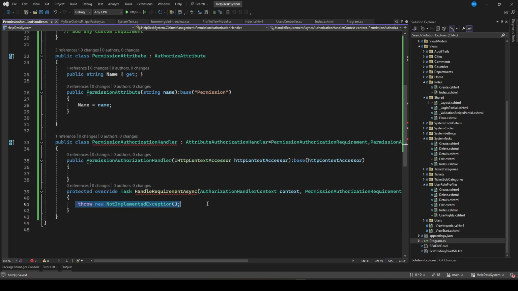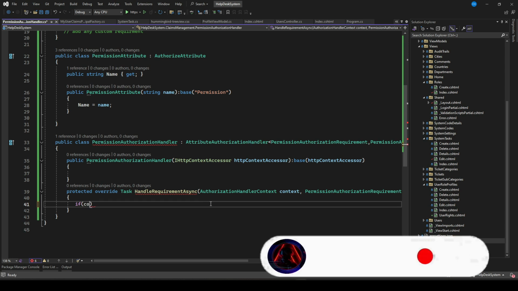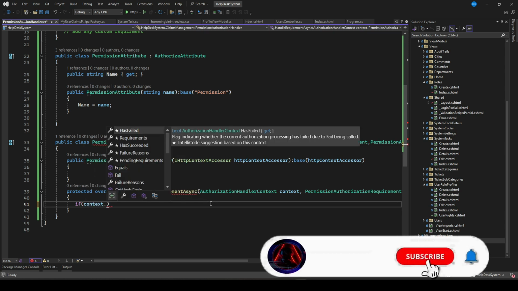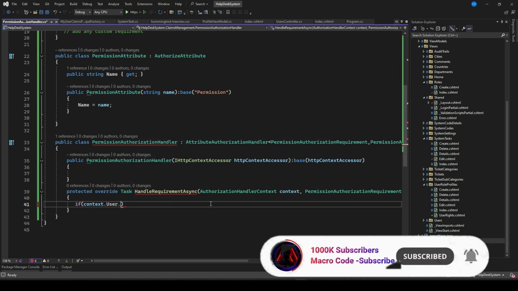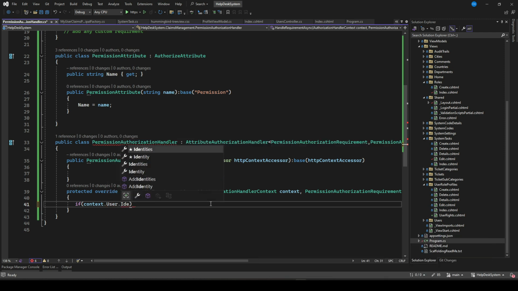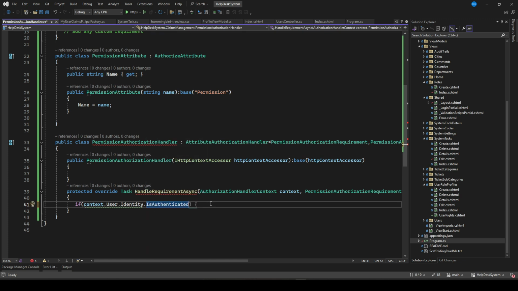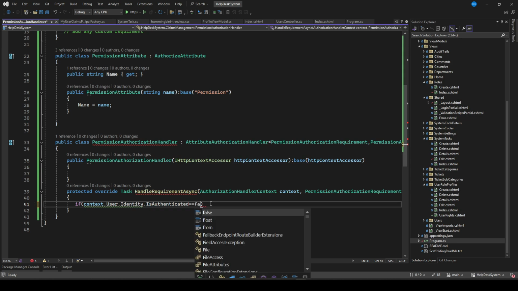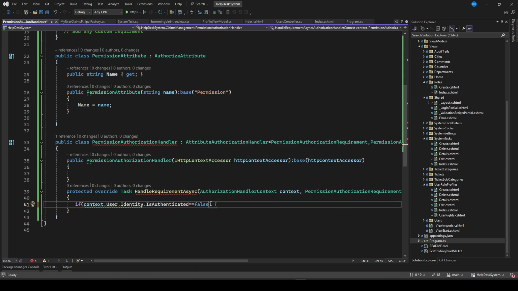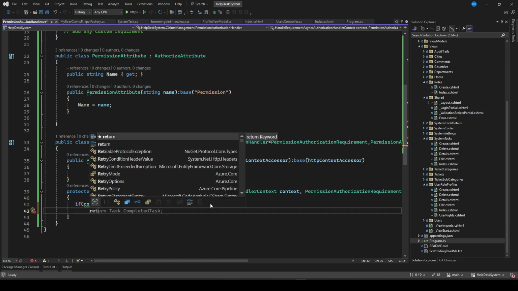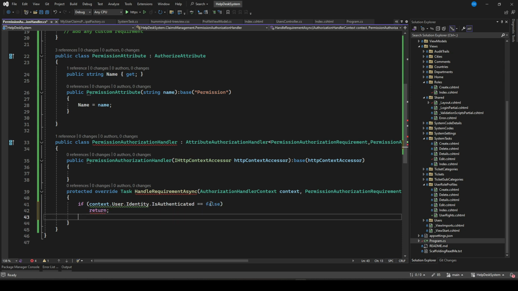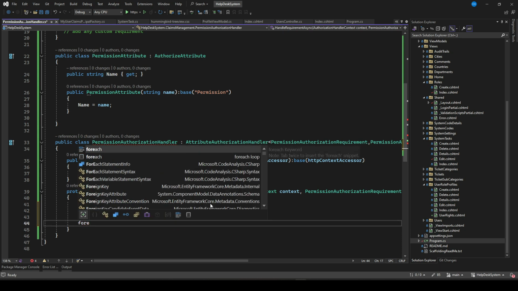Then inside this handle requirement, we can now say if context.User.Identity.IsAuthenticated is false, that is, if the user has not been authenticated, what should we do? You can just return. But if the user is authenticated, then we can do a foreach